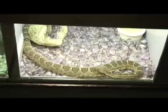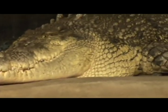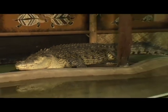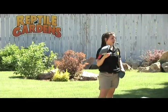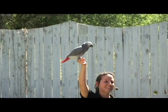His name is Mochi. Among the Sky Dome's most popular residents is Maniac, a 15-foot, 8-inch saltwater crocodile. When we first got him, he was around 1,200 pounds. That was back in 2004. Nobody's gone back in there to weigh him, but I'm assuming he's a little bit closer, maybe 1,500 pounds now. Reptile Gardens produces 3 shows, which run throughout the day. There's a snake show, a bird show,